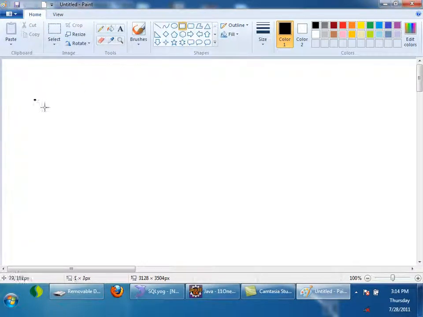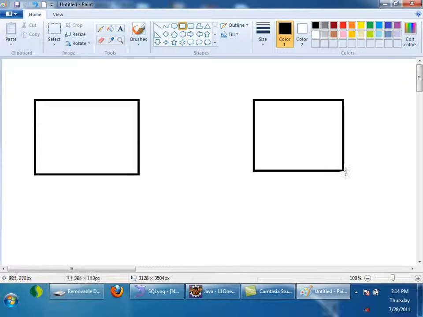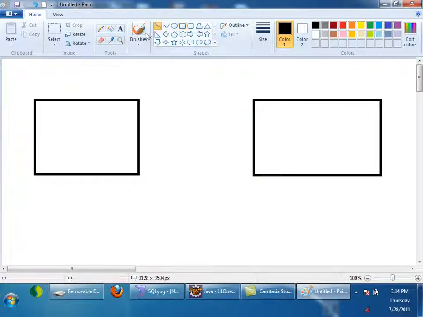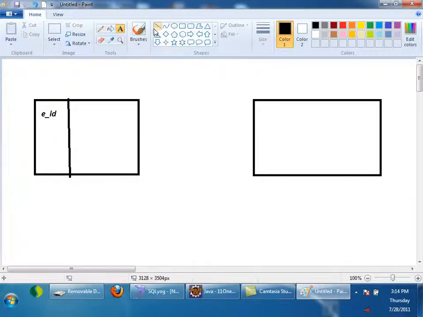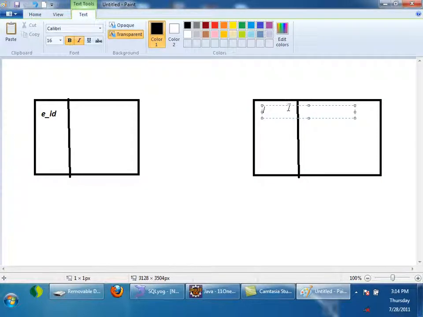So this is the employee table and this is the desk table. E_ID is the primary key and also here it is desk_ID.